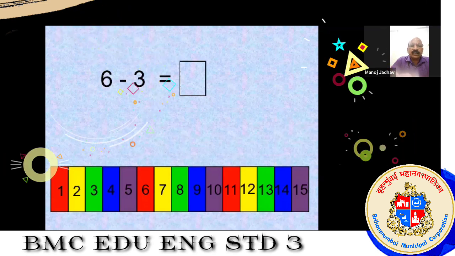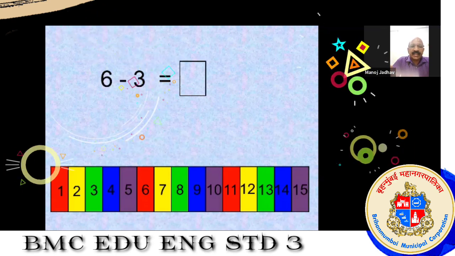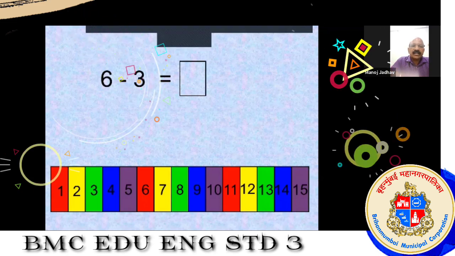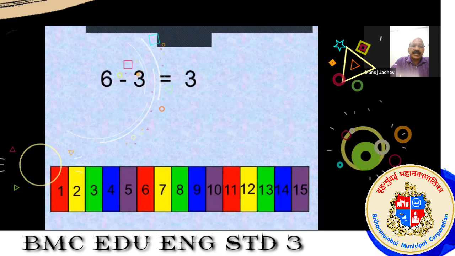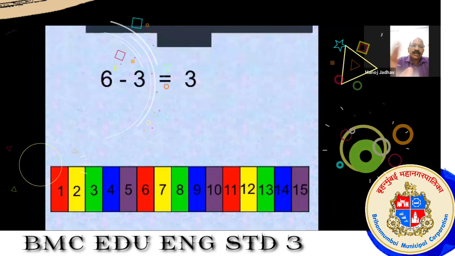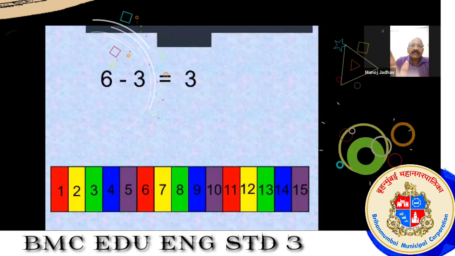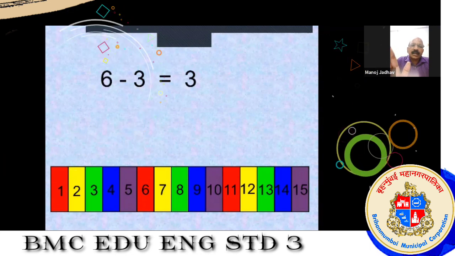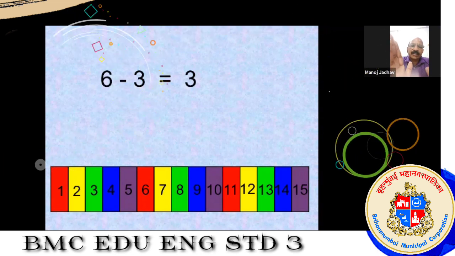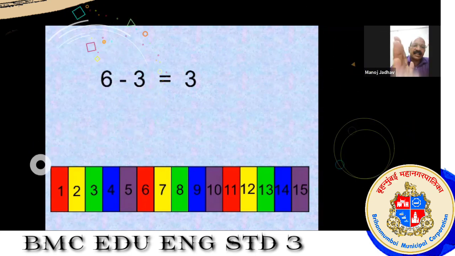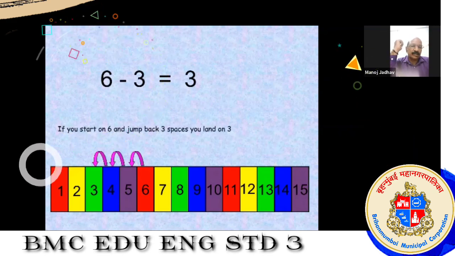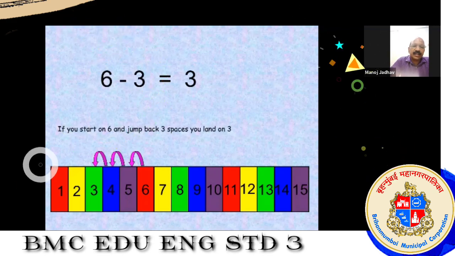We can see here on this screen, one colorful number track. 6 minus 3. Now see the number 6 on the color track, red color 6. We are standing there. And from that 6, we are going to subtract 3. Subtracting means going in reverse, coming down the staircase from upside, right? Now see, the arrows are shown over here.